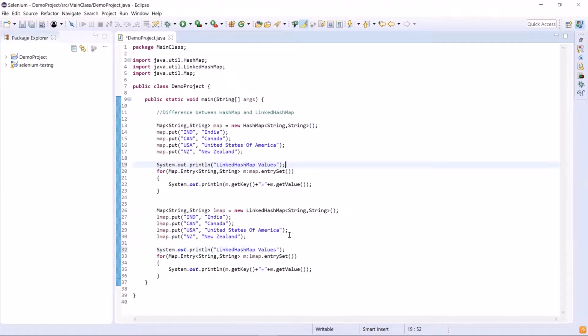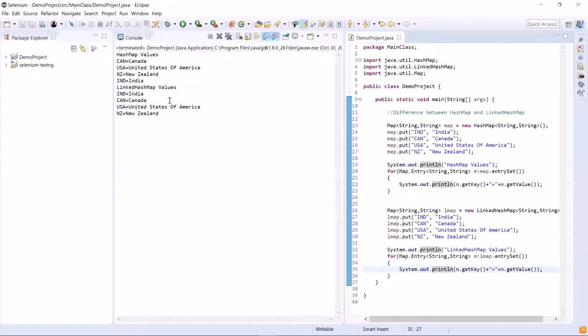Now let's run the test to see how the items are gonna be returned for both hash map and linked hash map. Here you can see that it printed the data for hash map and linked hash map both. Now, if you notice the order of the values again, then you can see that linked hash map returned the exact same order of values as we inserted, while hash map did not maintain the order.